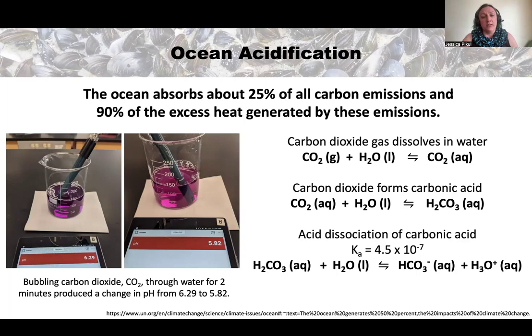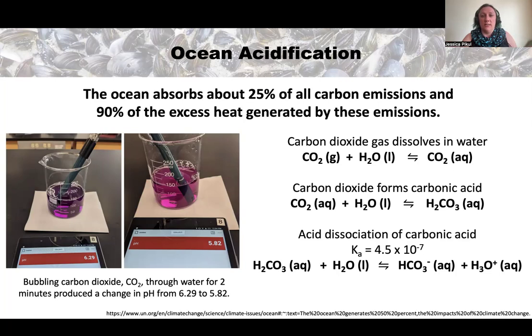Gases have a pretty low solubility in liquids in general, especially as the temperature increases. But when carbon dioxide dissolves in water and forms aqueous CO2, as shown right here, it reacts with the water and forms carbonic acid, which is H2CO3. Carbonic acid decomposes relatively quickly back into carbon dioxide and water. And so that